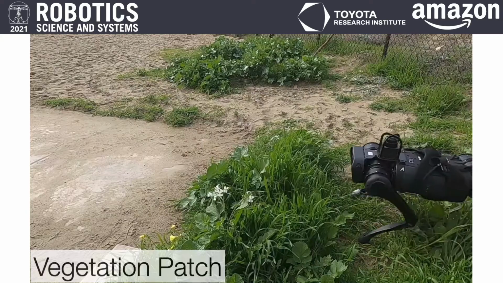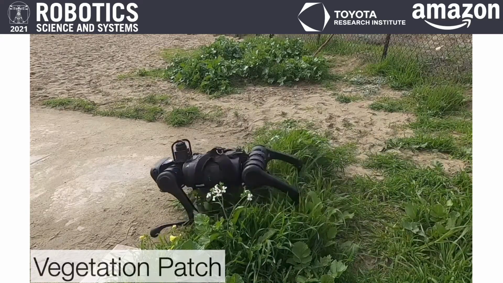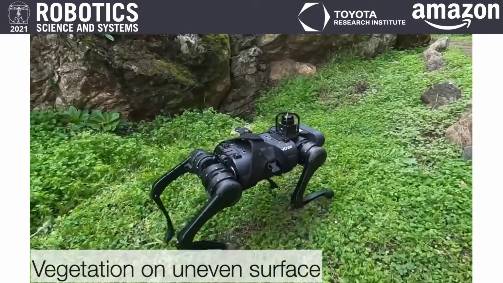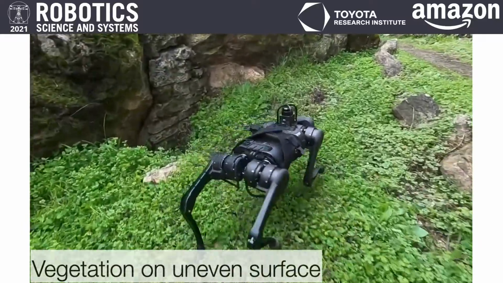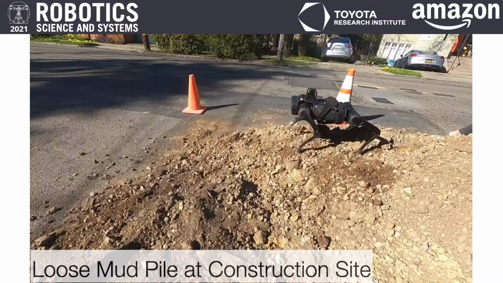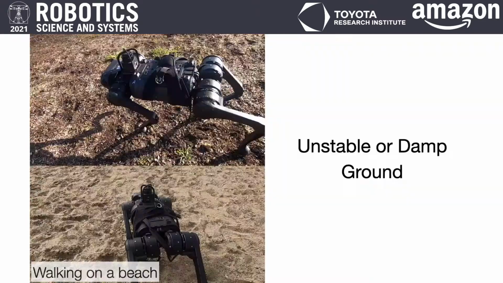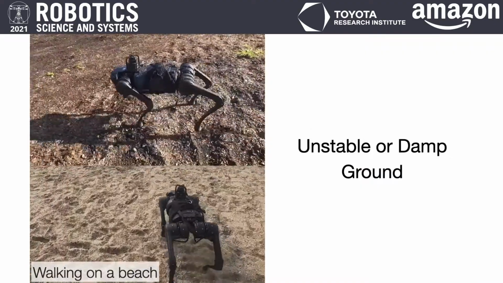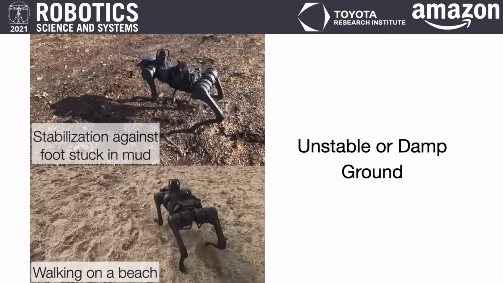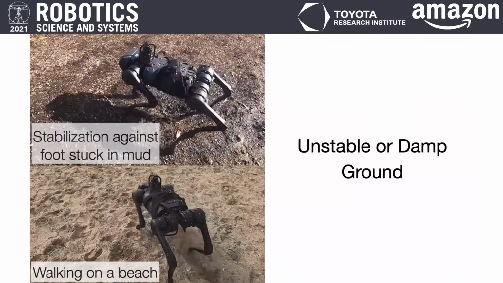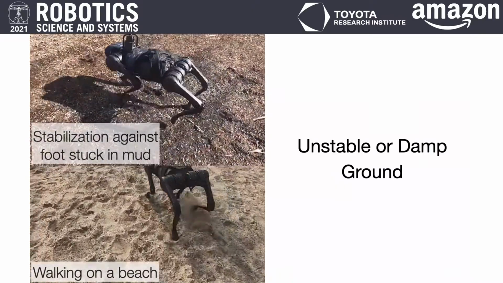Even if we had onboard vision, we cannot detect the step which is hidden in the bushes, or this uneven ground hidden underneath the vegetation. This ground is also sloping sideways. This is a construction site in front of my house with unstable loose ground. And these two videos are on soft and damp ground. Damp ground on the top has the sinking feet problem. Some footholds are such that the robot's feet sink in the ground and get stuck.